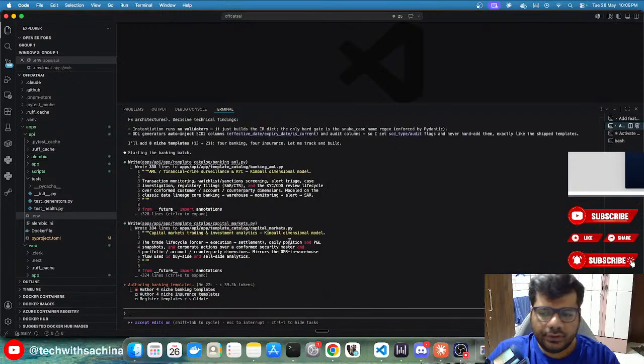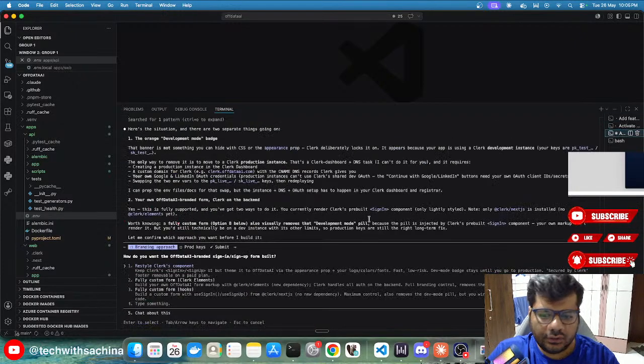Okay, this is fine, this is running. How do you want our branded sign-in and sign-up form built? Restyle Clerk components, or custom your own auth form markup with Clerk elements. Clerk handles all the auth with full branding controls and removes the dev mode pill. Yeah, I want to restyle.